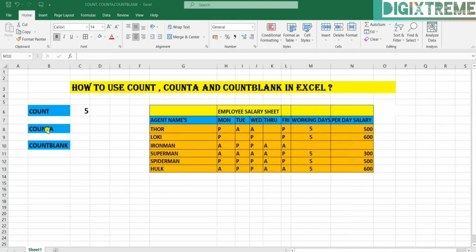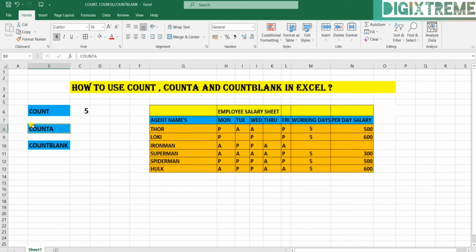And what do we do with the COUNTA function? COUNTA function, on the other hand, will count everything: numbers, dates, text, or a range containing a mixture of these items. However, COUNTA does not count blank cells. Apart from blank cells, it will count your text, your numbers, your dates.